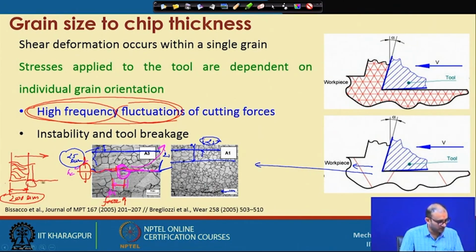So these are the grains located here, let us consider. So these are the grains located here, so it is very easy to remove the material. And now consider there is one grain here at this location. So when it is moving in this direction, suddenly this grain is coming, and at that time you will get instability, suddenly you have to apply more force. So either your tool will bend a little bit in this direction,